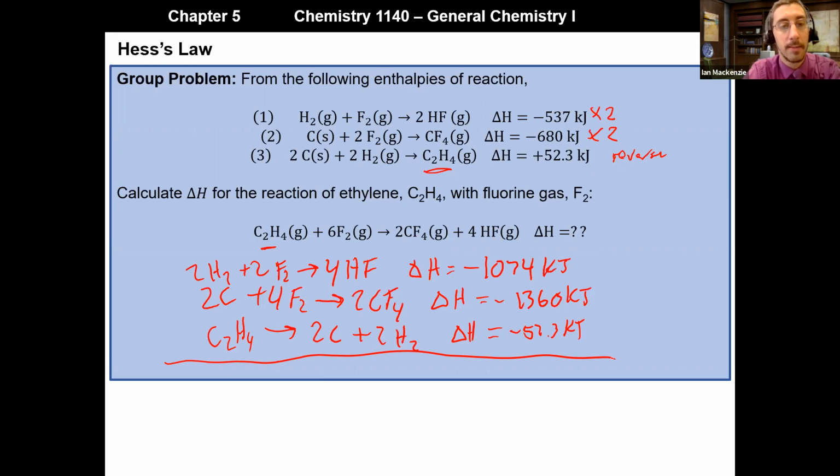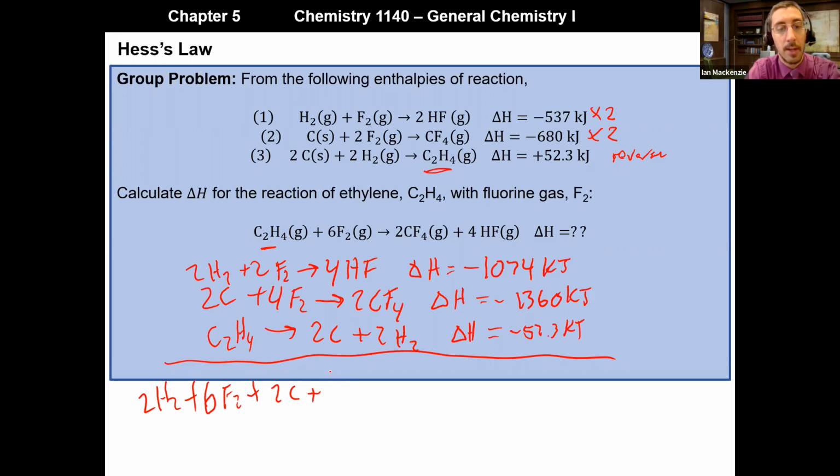If I sum all of these up, what I end up with, if I write it all out, I will have 2H2 plus 2F2 plus 2C plus 4F2. So what we can do here is actually combine those together. So 4F2 with the 2F2, I'll just make that 6F2